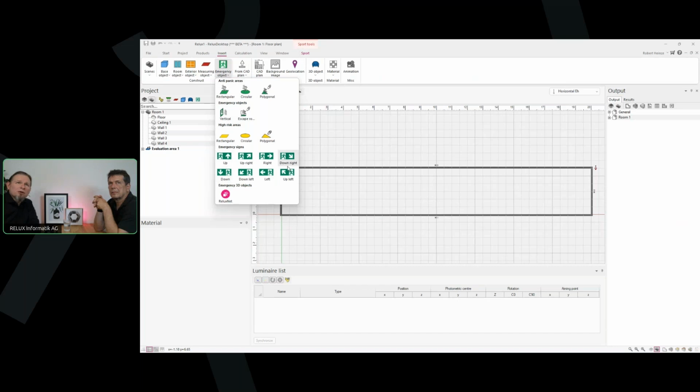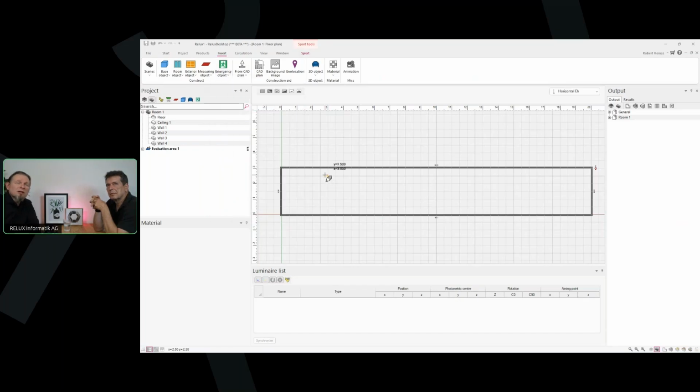Okay, then we have also a lot of emergency signs, and also then in relation to the ReluxNet. In ReluxNet, you find some 3D models of fire extinguishers, alarm knobs, and all this stuff. Okay, so let's do an emergency route, because this is the standard case, and this is also the case which